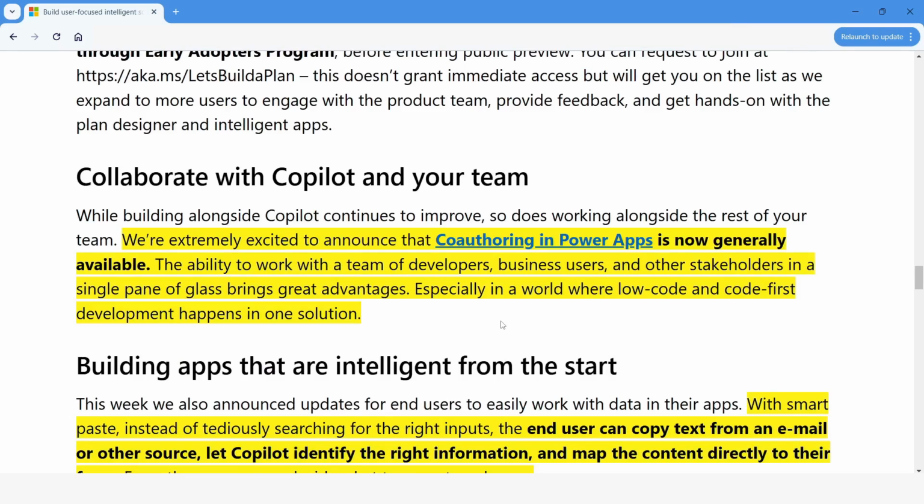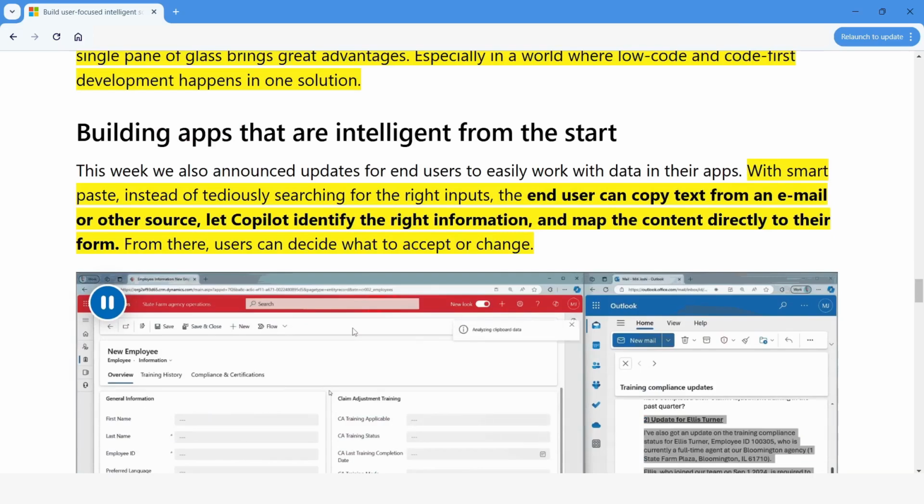Another update is that you can collaborate with Copilot and your team. So co-authoring in Power Apps is now generally available. The ability to work with a team of developers, business users, and other stakeholders in a single pane of glass brings great advantages, especially in a world where low code and code first development happens in one solution. So now in Power Apps, multiple people can work on single app,